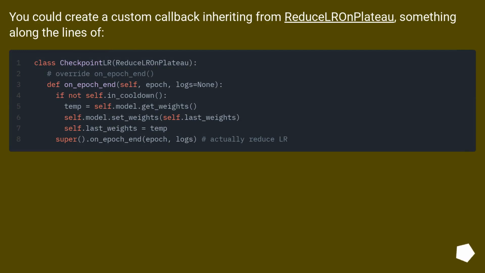You could create a custom callback inheriting from ReduceLROnPlateau, something along the lines of: